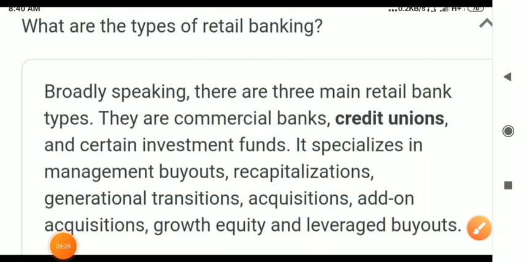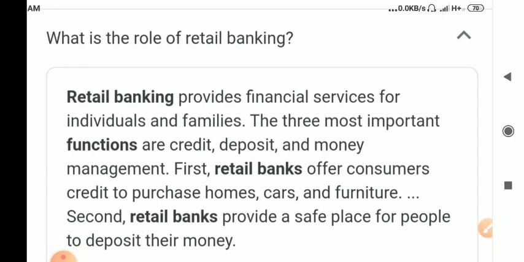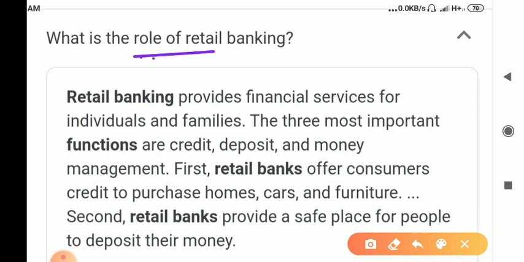You just need to remember some basic terms here. What does retail banking normally mean? Then only you can go further and further. Then what is the role of retail banking? If you talk of the role of retail banking, it plays a very important role for individual customers. Individual customers have many needs, like they need housing, and they need to deposit and get some interest.